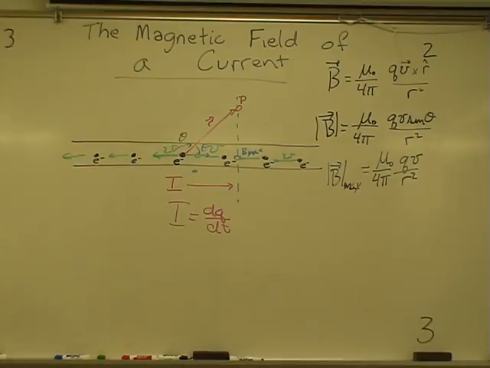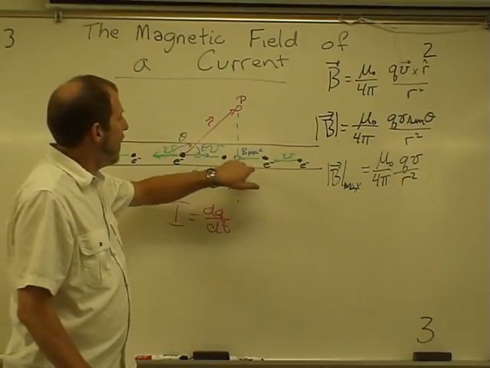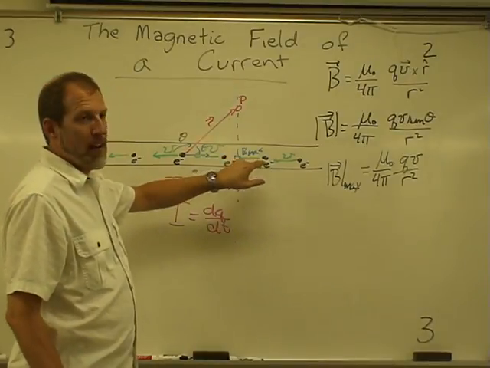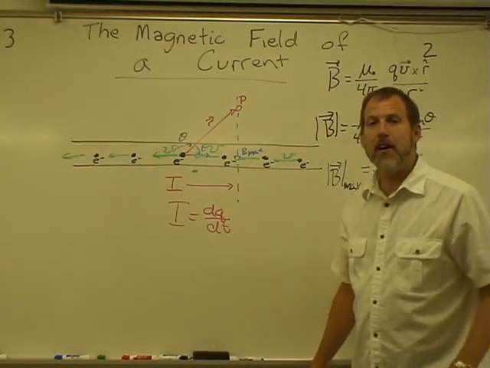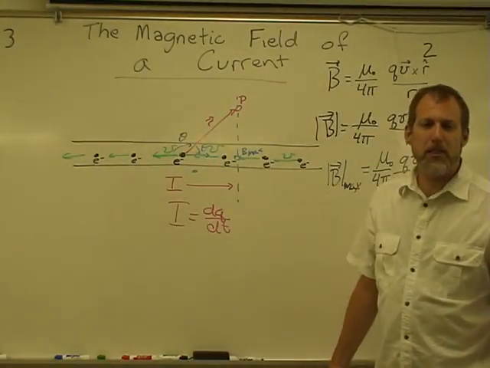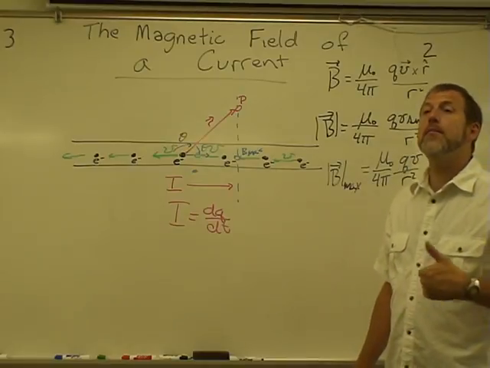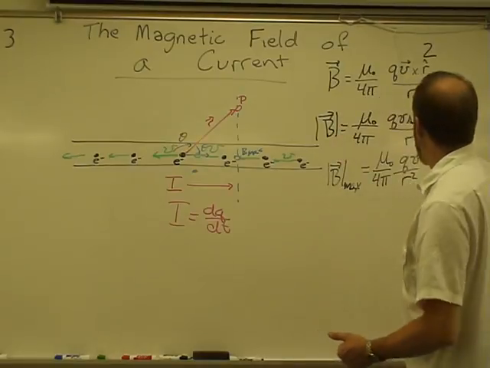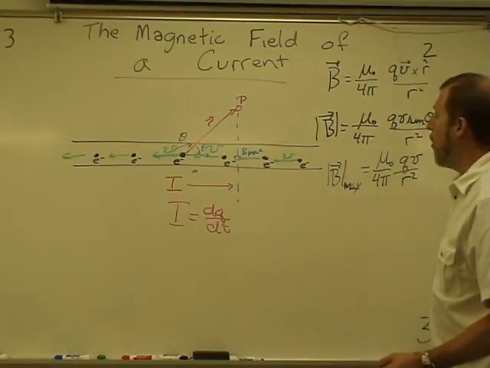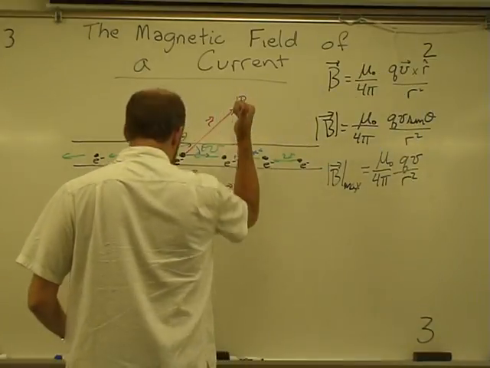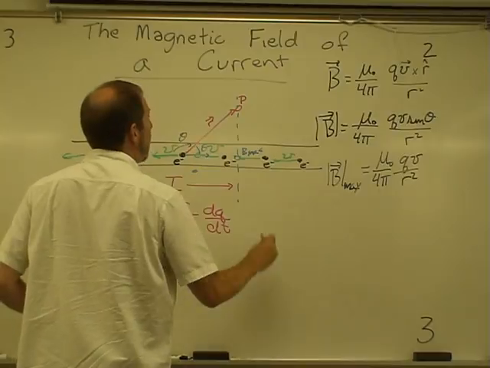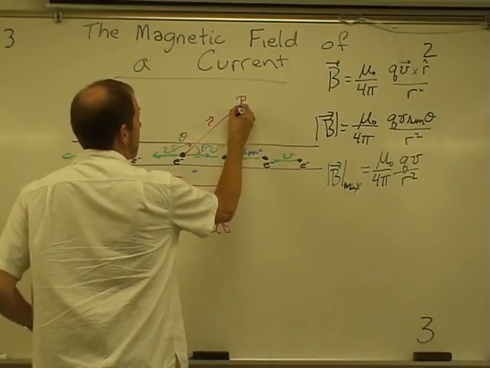If we keep adding particles in, well, there's going to be a bit of some friendly work here, because if I've got, let us say, basically an infinite line of electrons that way and the other. I've got a current in a very long wire, which is approximately, at least as far as we're concerned, the same as an infinitely long wire. If I have that case, then one thing that I know is, well, actually, if I take V cross R, then just like in the circumstances of the previous example,